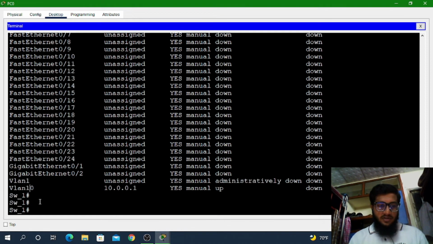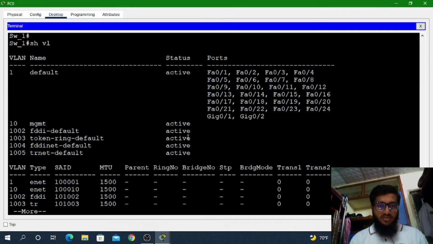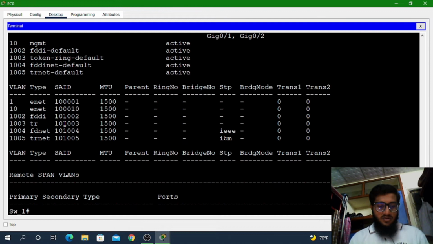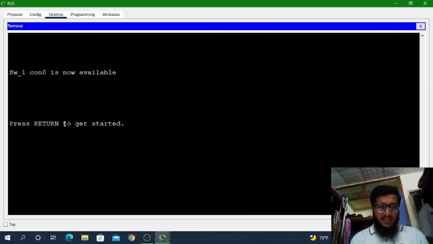And if you want to see whatever VLANs are available, you should type show VLAN. It will show the VLANs that are available, or show VLAN brief. So if I type exit,